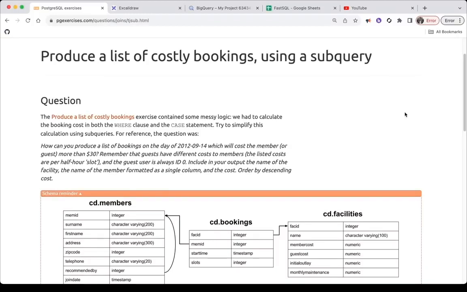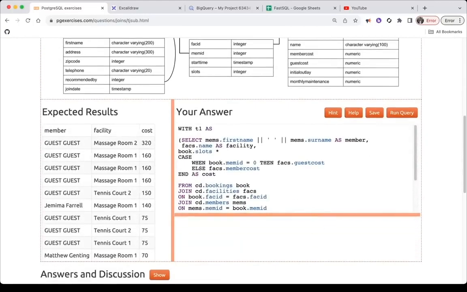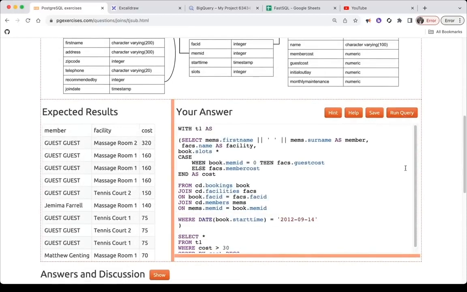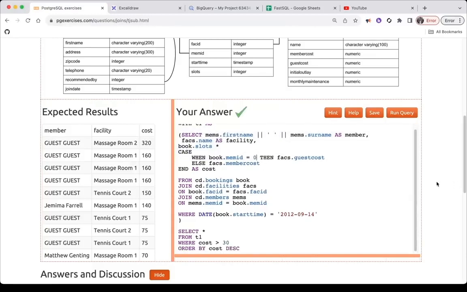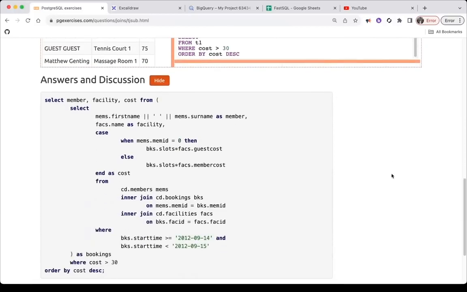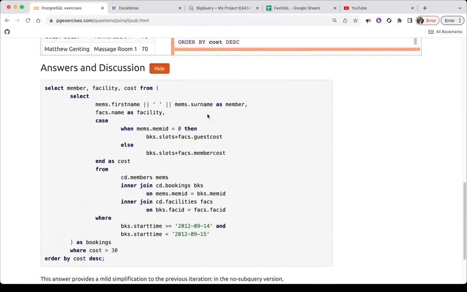Combining results from multiple queries. So let's get a combined list of all surnames and all facility names. So where are the surnames? They're in CD members. And from CD members, I can select surname, right? And this will give me the list of all surnames. And where are the facility names? They are in CD facilities, and I could say select name from CD facilities,